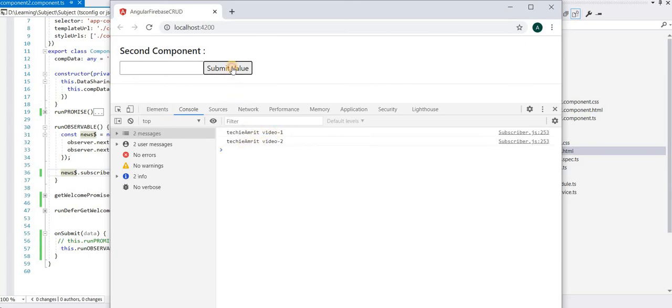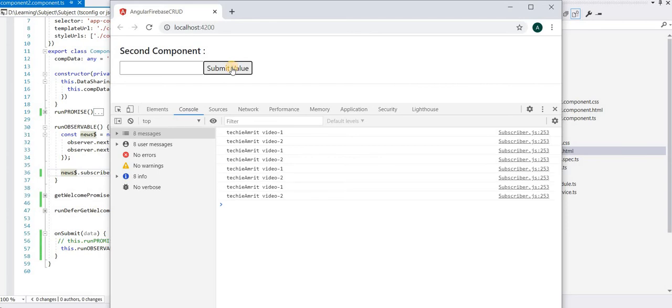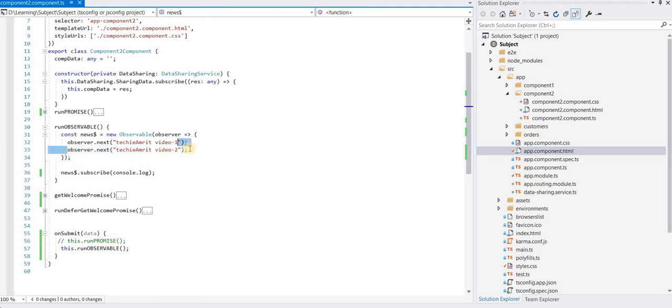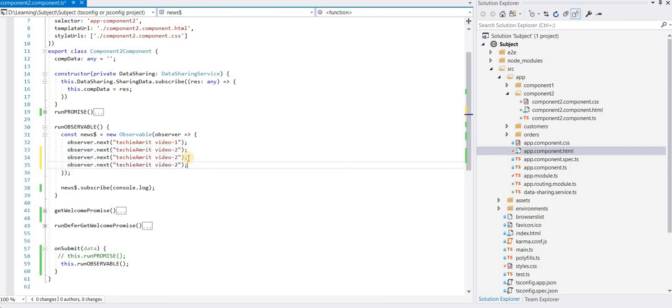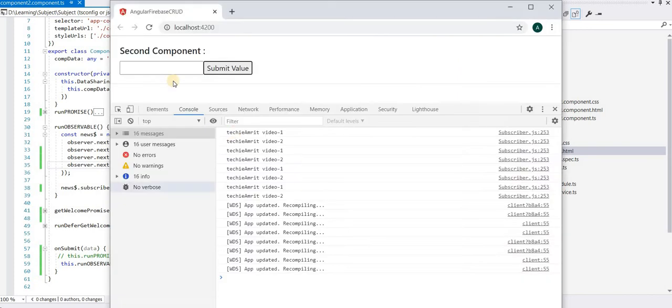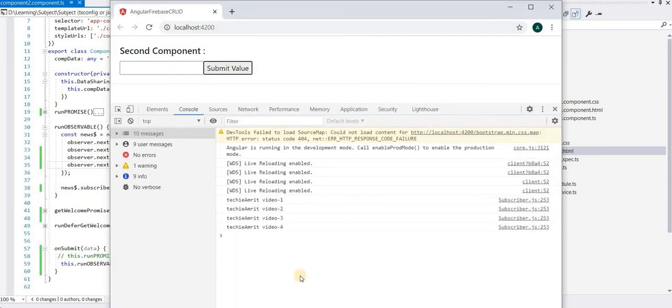If I keep on clicking, it will keep throwing me the data, the last data stored in the request. So this is how the observable works. You can push as much data as you want. It can handle multiple requests. If I give it names 3, 4 and I click the submit button, you can see the output, right? So this is how observable works.